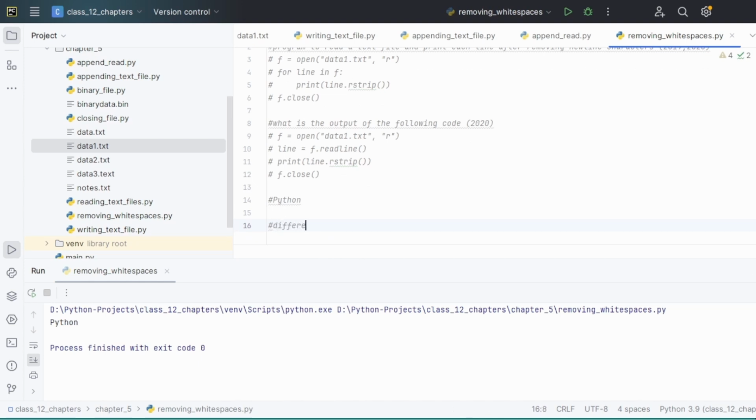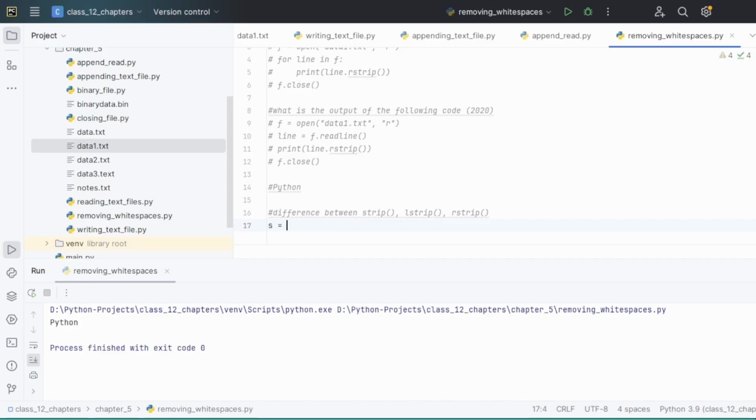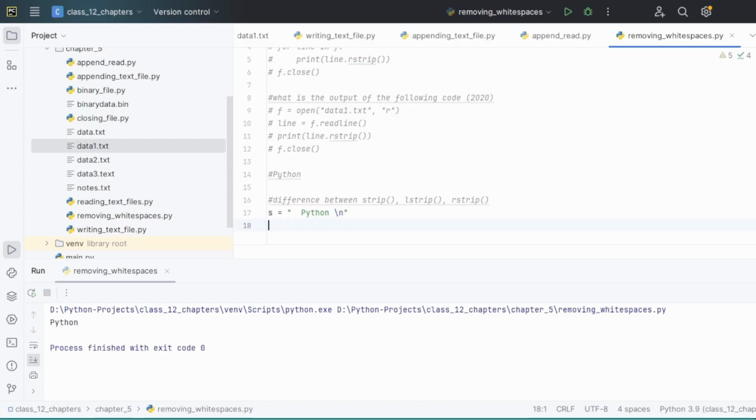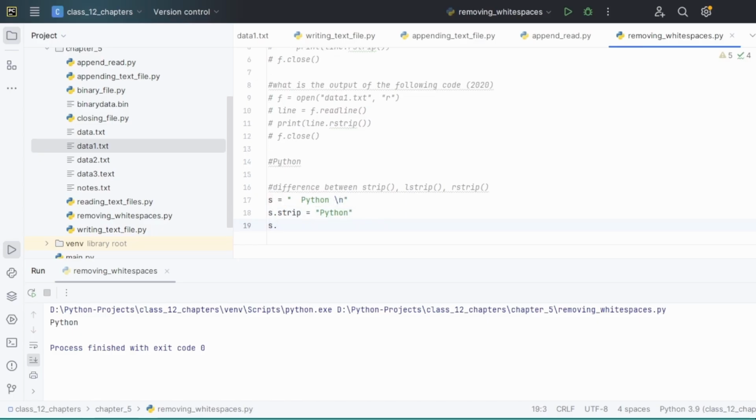Next is the difference between strip, lstrip and rstrip. Okay, so if we have this string, space Python space new line. If I do s.strip(), it will give me an output Python. Okay, so it will remove all the leading and trailing spaces, and also remove the new line character. If I do s.lstrip(),